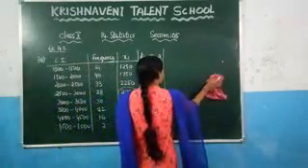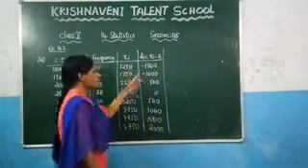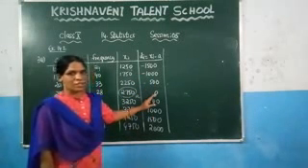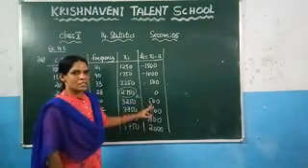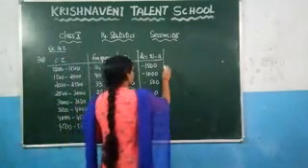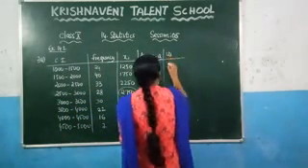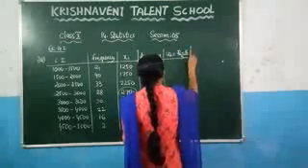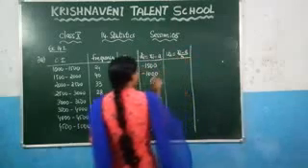Now see the next one. Here we have calculated the deviation values. Again you can observe that these values are also larger. Now you can reduce these values by the next method, which is the step deviation method. At this stage you need to find the value of ui. What is meant by ui? Which is (xi minus a) by h. So here you need to know what the value of h is.